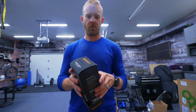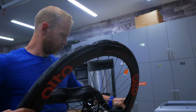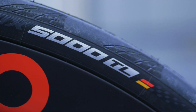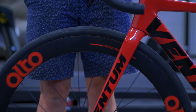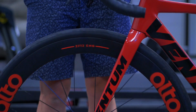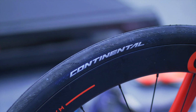So I went with the new Continental 5000 tubeless ready tires that I put together myself. So you end up taking the tube out, taking a little bit of rolling weight out of the circumference of the wheel so that it can actually spin a lot smoother. You can also get flats, and then the tire basically repairs the flat itself. They are roughly a 60 millimeter deep wheel, so it's kind of a nice combination of being able to climb with the bike and being really nice and